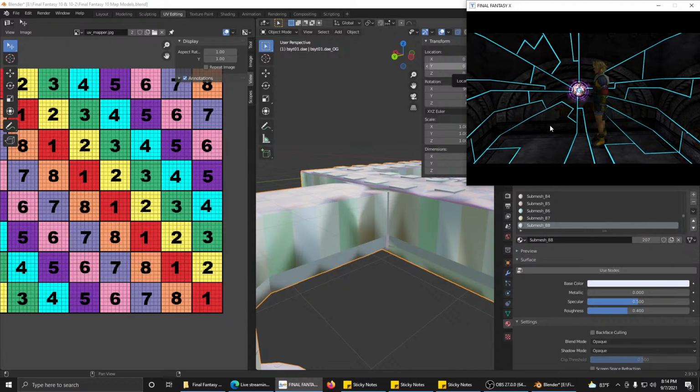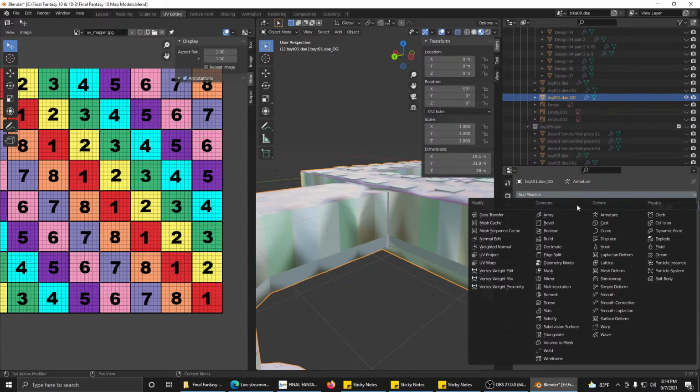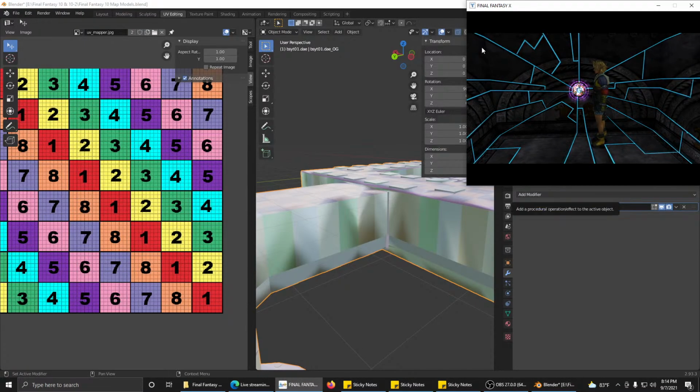Then I'll have to make this part, and then I'll use the Boolean feature here to subtract these lines within it, or I could place the lines over top, but